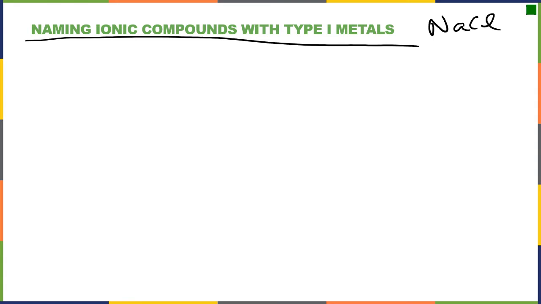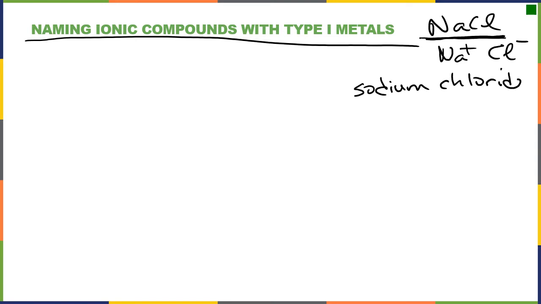When we see something like sodium chloride, first of all, it's always written as if it's neutral, even though we know this is in fact made of Na plus and Cl minus, but it's not written like that. It's written with no charges. We know the sodium is always written first, followed by the chloride, and we know how to name this. We know that this is called sodium chloride. And this sets up the pattern for all of the formulas and all of the naming with our ionic